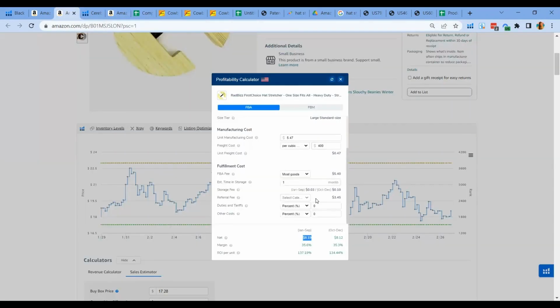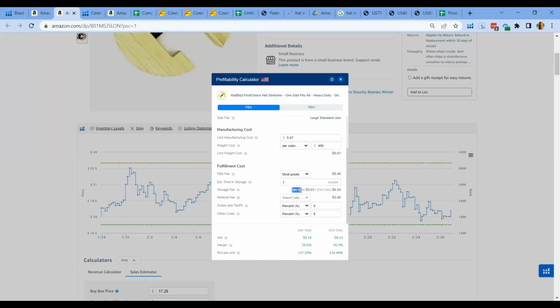Another very good data from Helium 10 is that they will give you a different storage cost depending on the time that you're going to send it to the Amazon warehouse, which is from January to September. The storage cost will only cost you $0.03. And between October to December, it goes up to 10 cents.